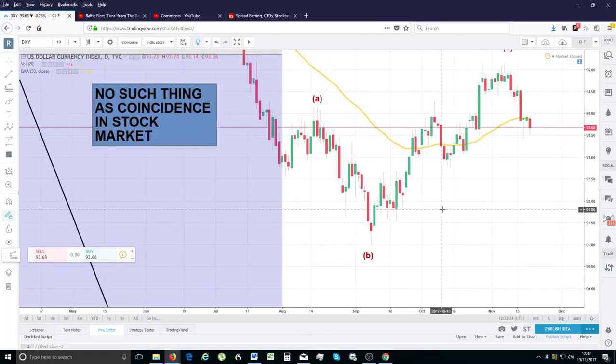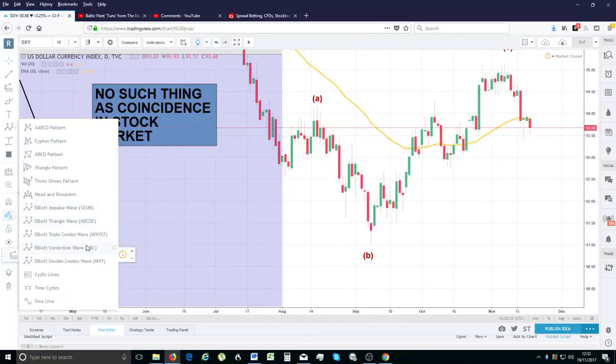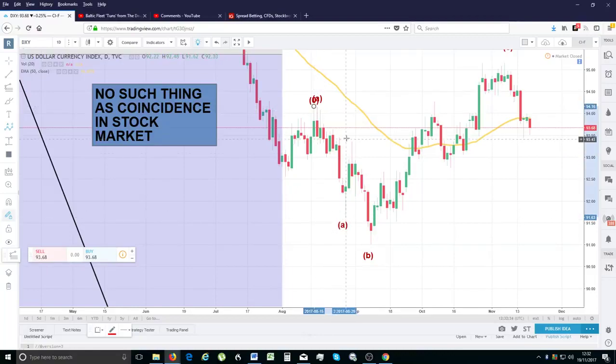And the reason why I think it's a wave B is only because you can't count this properly. To me, this looks like an ABC in itself. This looks like an A, B, C. So that's clearly the C wave. 1, 2, 3, 4, 5. That's obvious. That's obviously a B wave. Now the question is,